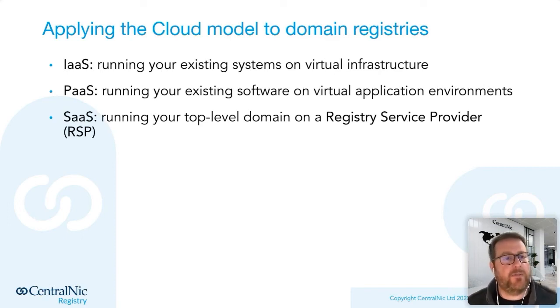And if you'd gone through the process of lifting and shifting and you're running a legacy system on an IaaS platform, then to upgrade to a PaaS platform, you really need to do an awful lot of work on refactoring your software, adapting it so that it uses cloud native solutions rather than